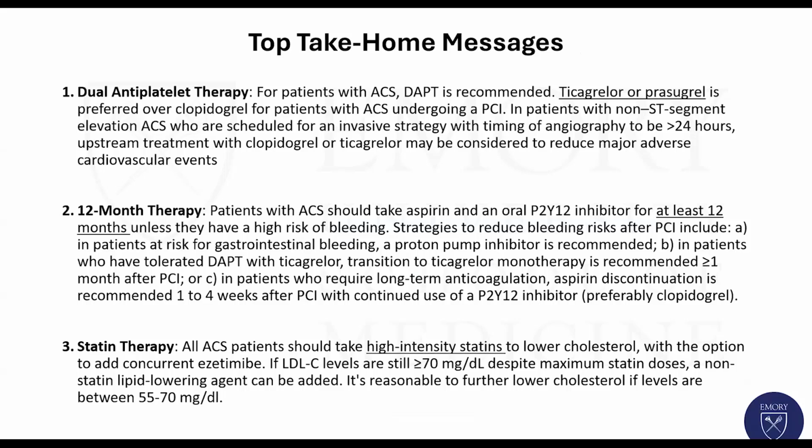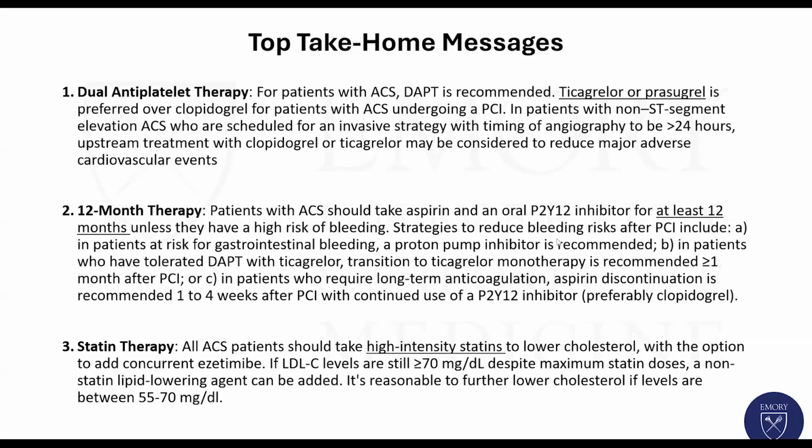First and foremost, dual antiplatelet therapy is recommended. Ticagrelor and prasugrel are preferred over clopidogrel for patients who have ACS undergoing PCI. 12-month therapy is what we're recommending for patients who have ACS. So aspirin and whatever your choice of the P2Y12 is continuously for 12 months, unless they have a high risk